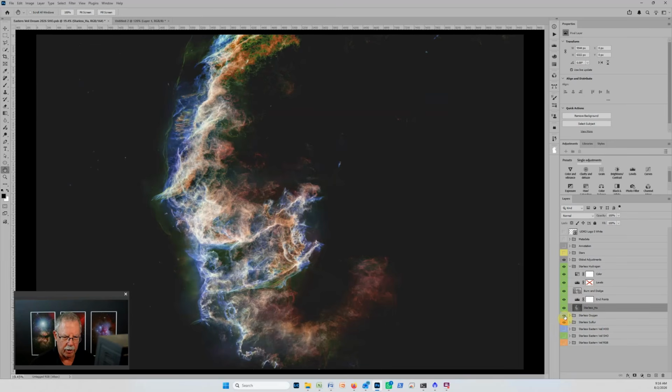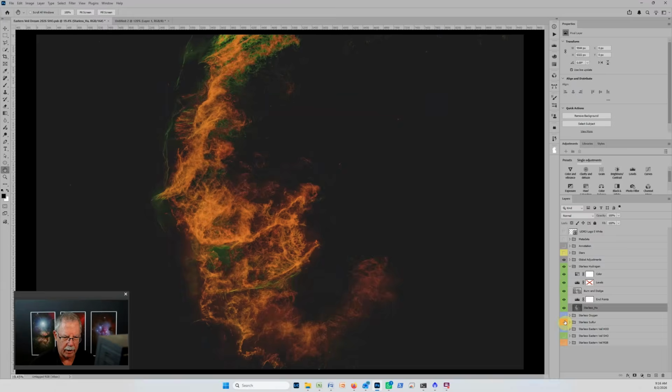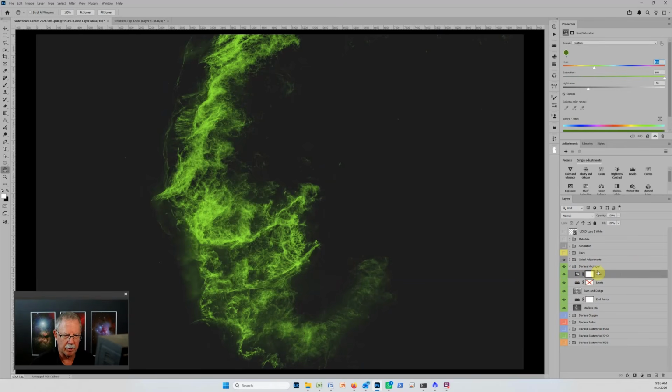And let's turn off the sulfur and oxygen. Now we can see that the hydrogen, if we look at this entire layer group, is green. And it's green because of this hue saturation adjustment layer. If we look at the details of this hue saturation adjustment layer, we can see that it's in colorize mode, and it has values of lightness -50, saturation 100%, and the hue slider is at 111,